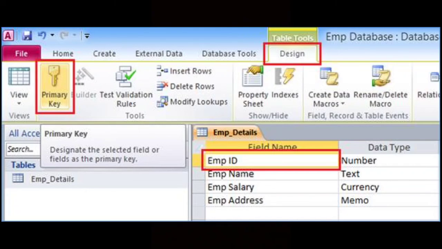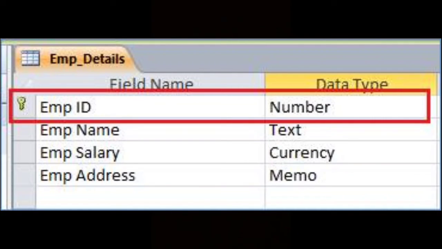And after clicking on Primary Key, the selected column will look like the image as shown on the screen.